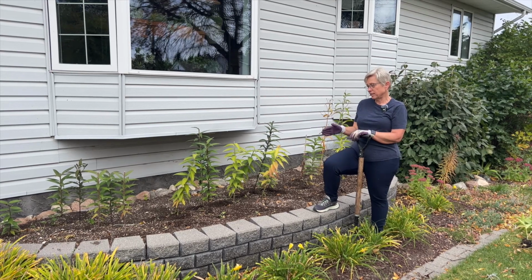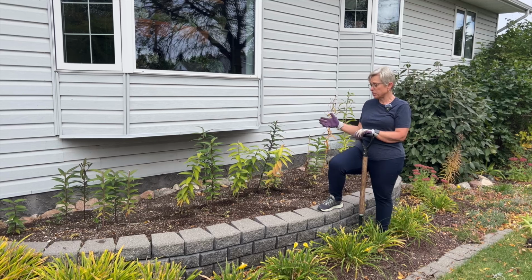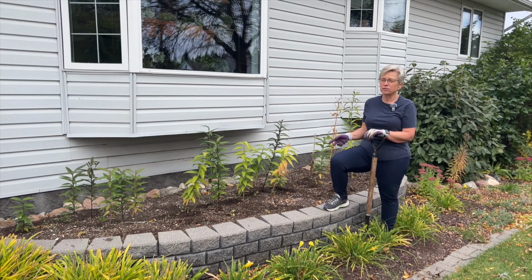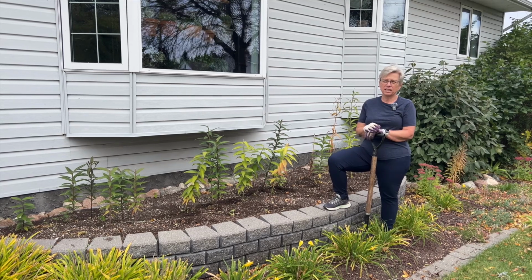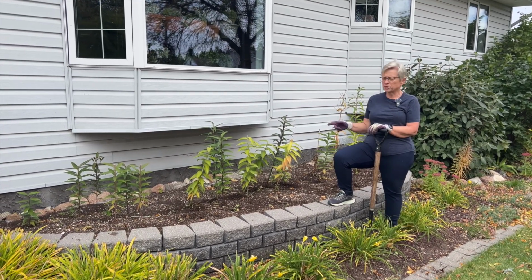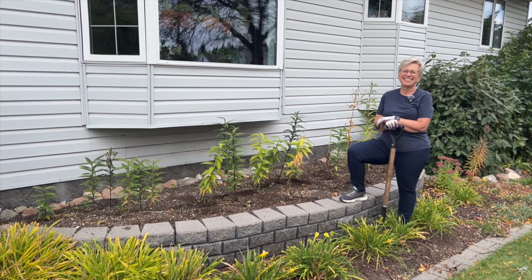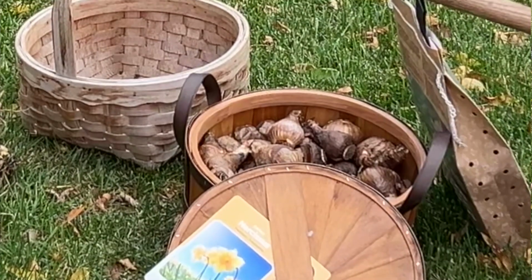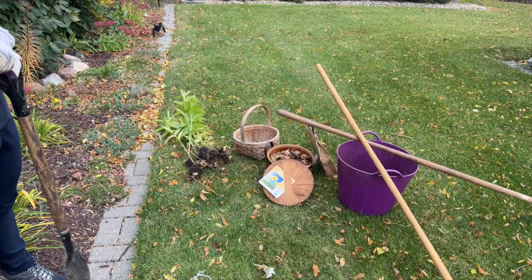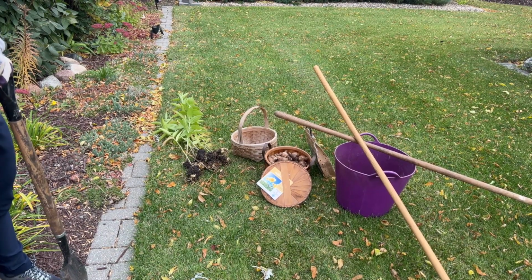And so, yeah, I'm going to dig up and replant the tulip bulbs in here because they did winter well, they grew well, they looked very nice. At the same time, I've never grown daffodils in Saskatchewan. I think I did when we were living in Ontario, but I'm going to try daffodils in here. I got a big bucket, and they're trumpet daffodils, and I'm going to give them a try. There's a lot of them. I'm not sure if I'll be able to stuff them all in, but you know,